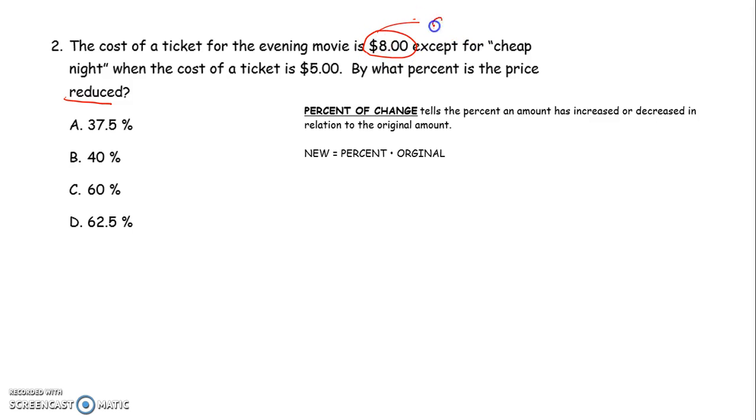That's what it usually is. Unless you go on this cheap night. On the cheap night, the new price is $5. And again, it's a reduction in price, so the smaller price is your new price. So we have $5 is some percentage